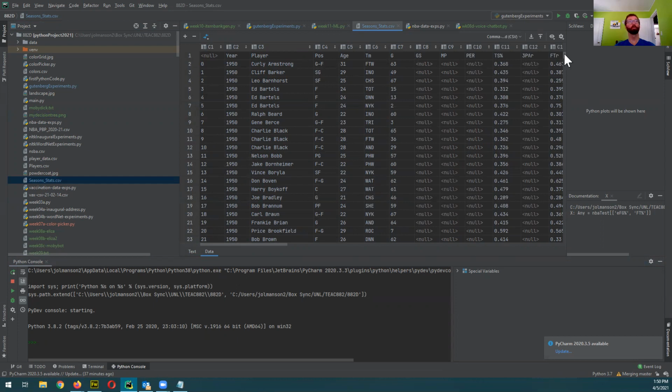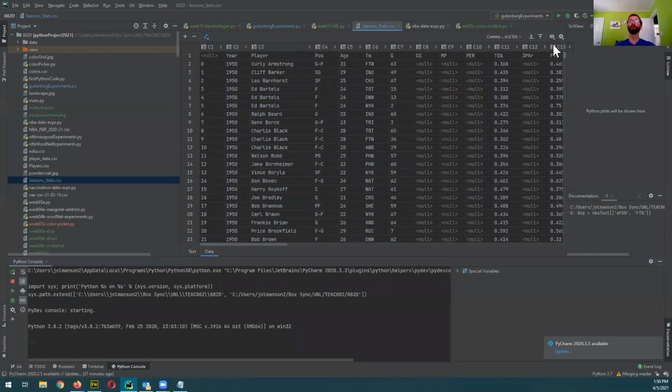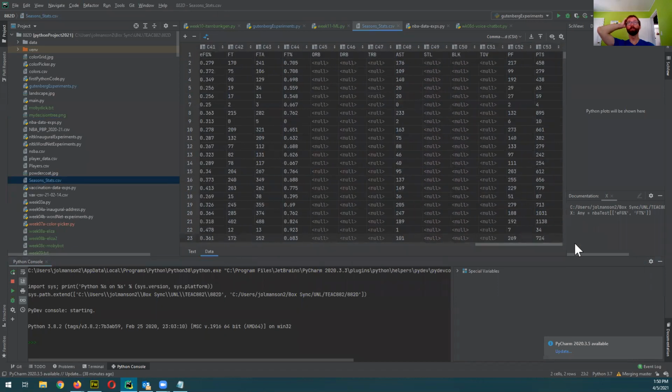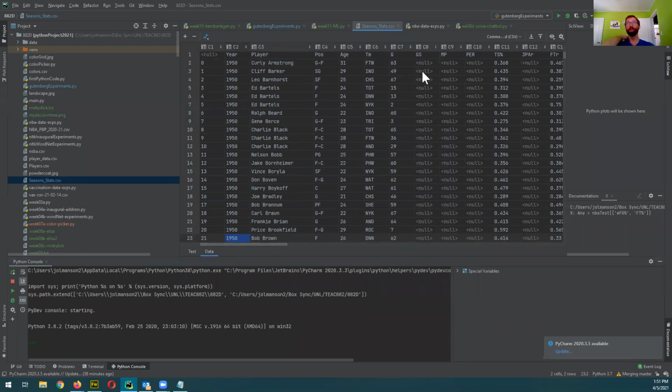And it's about 14,000 rows long. And it's got about, I think, 51, 53 columns going across. You'll notice that a bunch of the columns don't have anything in them. That's because in 1950, they didn't keep track of things like PER. They didn't even have a 3-point line. So how could you keep track of 3-point attempts? I think that's what that is. Anyways, so